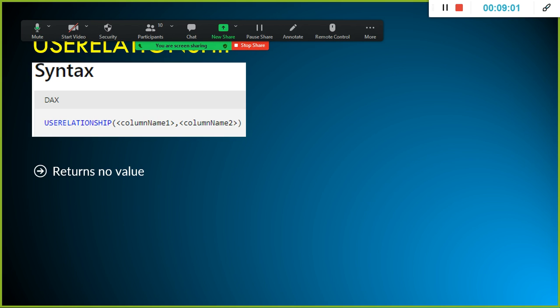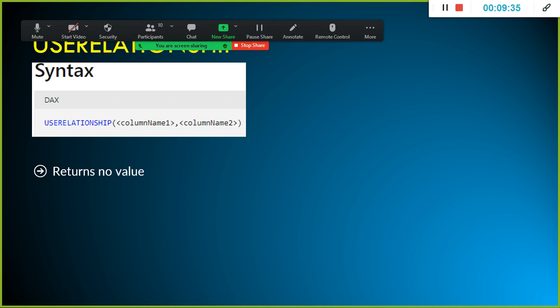So here, what is column 1 and column name 2? For example, in the fact table, we have something called ship date key. This is what I discussed long back. Ship date key, and then in the date table, we have date key. By creating an inactive relationship between these two, we should be able to filter the sales amount by shipment date.